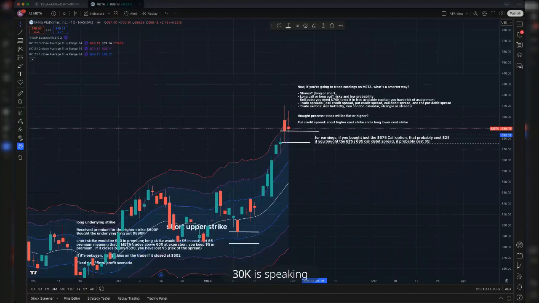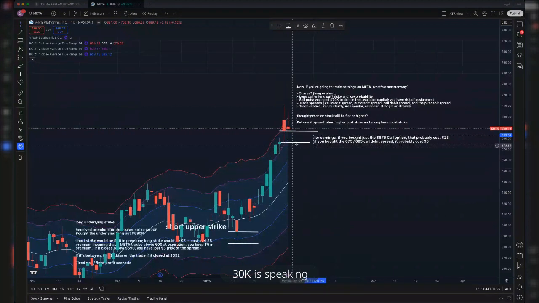But if you had bought that 675 call, maybe you would have made money if you timed it perfectly right at the start of the day. But you were dead. And so even if you just held this option through expiration, your risk would have been 20% of what you would have risked with a straight long call option. And then it was low stress. You knew up front that you had defined risk. You knew exactly what your max profit potential was, and you could have held that through Friday, and you would have gotten max profit.